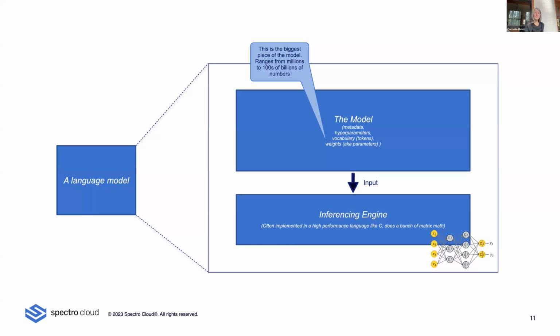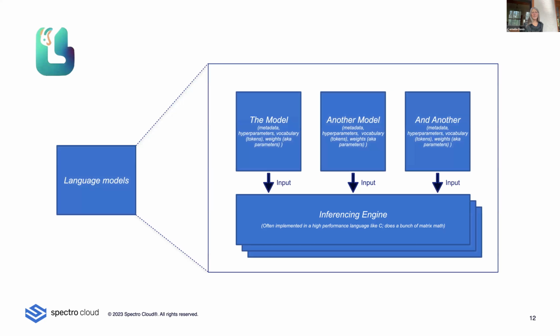Now, let's circle back to local AI. So what is local AI doing? Again, I've said here, language models, not large language models. I don't want to debate whether we call it a large language model or not. But when it comes to local AI, what local AI has done for you is sitting behind that OpenAI API. It's making calls back to what? Well, it's making calls back to this